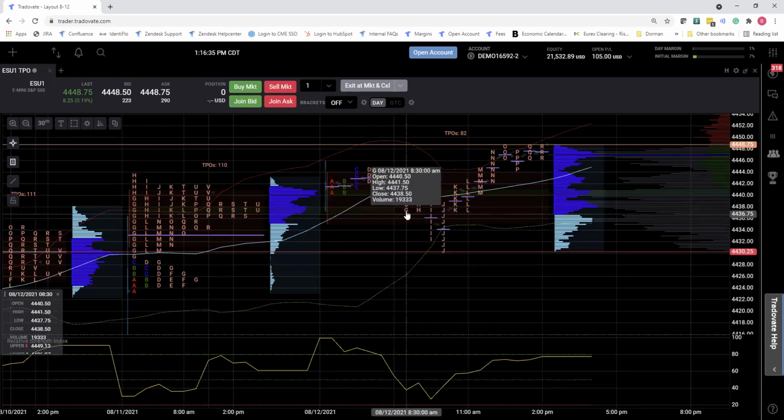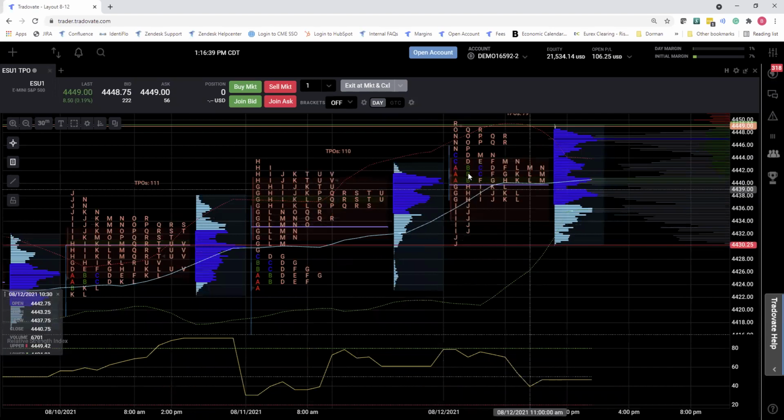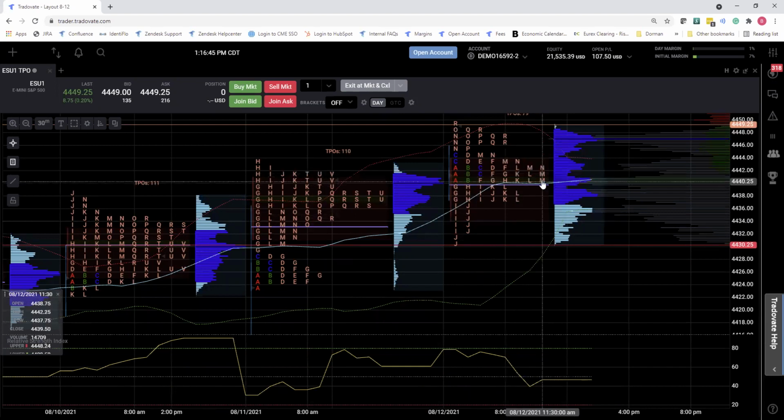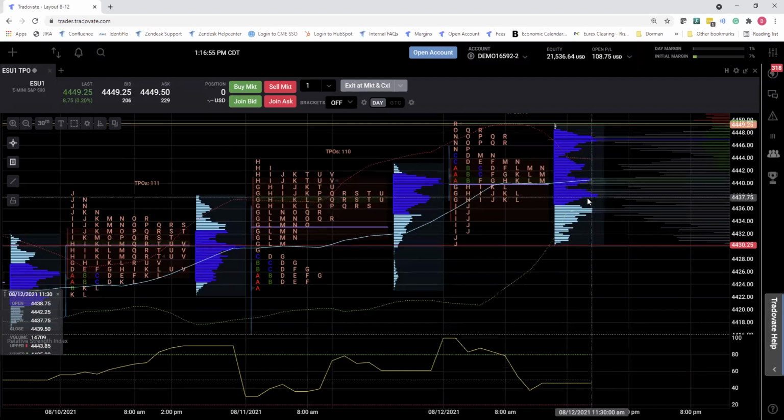no, it's not the split, it's the undo split, then it's going to look like this, and it's going to be more like a histogram. So you can see where the price has traded for the majority of the day so far. And then it also has a volume profile where you can see the number of contracts traded at each price